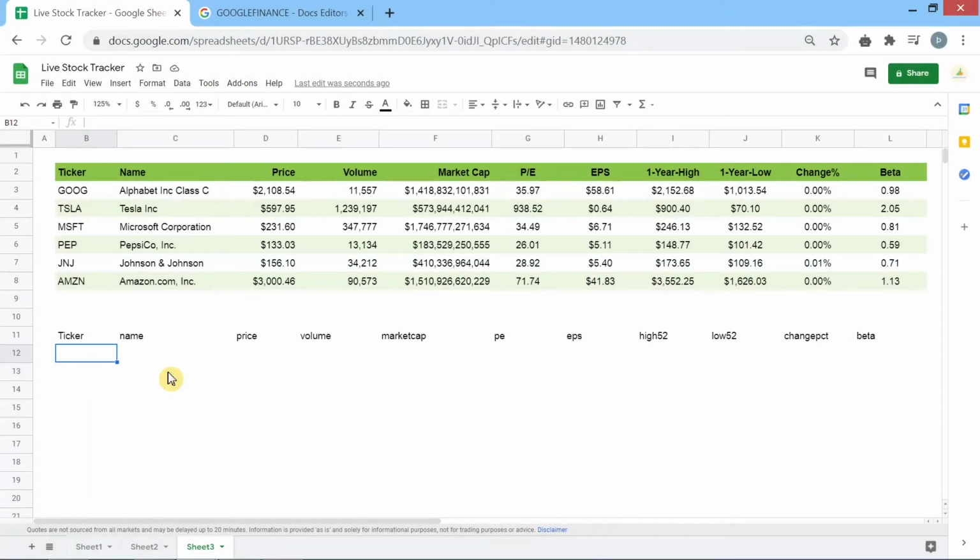Now let's get a little bit into how the stock tracker works. The only thing that the user needs to input is the stock tickers, and then the stock tracker will generate the rest of the data on its own, and it automatically updates also. It will generate the name of the company, the current price of it, the volume, which is the number of shares traded today, the market capitalization, which is the total number of shares in the company times the price